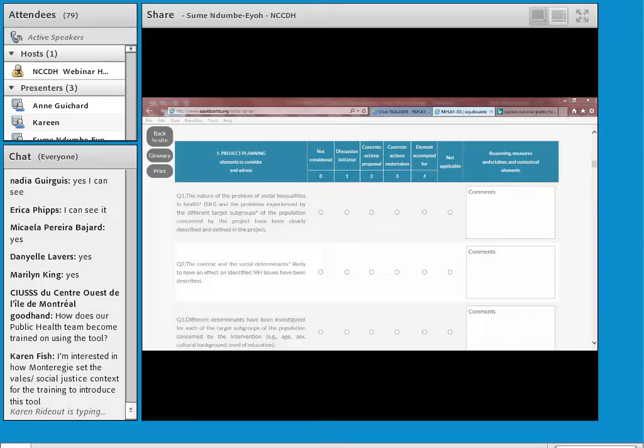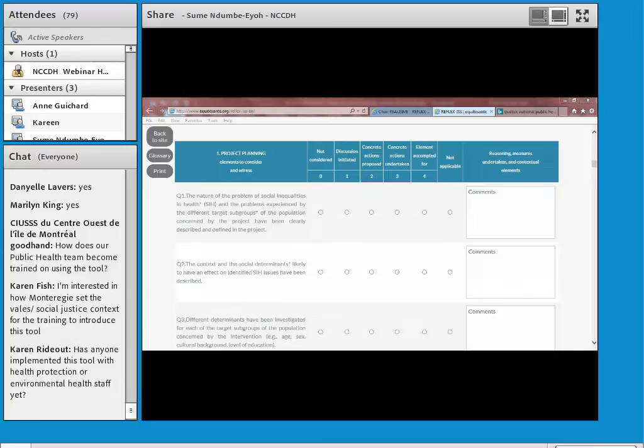So while everyone was looking at what they thought, after you compare the scores of everyone and discuss them, it gives you an idea of whether social inequality was considered in this particular question, and whether concrete action was undertaken or not. If it was good, that's nice, but if we notice that maybe concrete action was not really done, the comments give you the hint to say, maybe we need to look at this. So that's how we used the tool on a specific project.